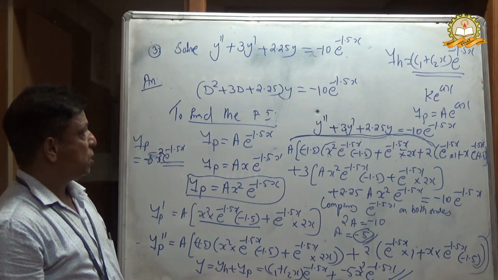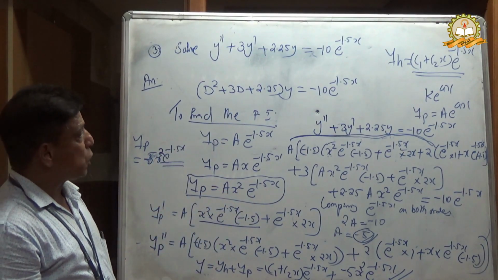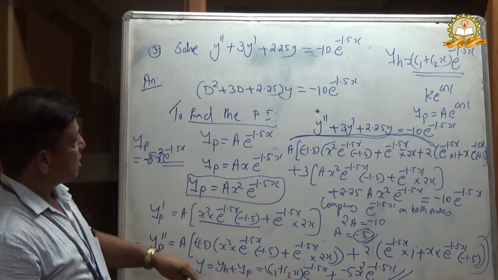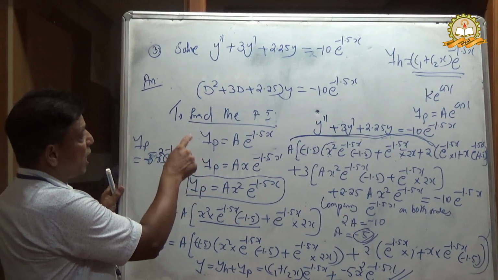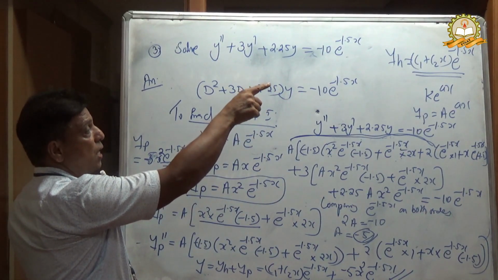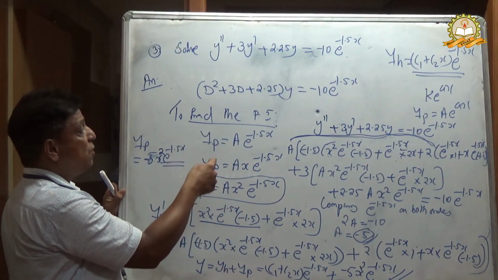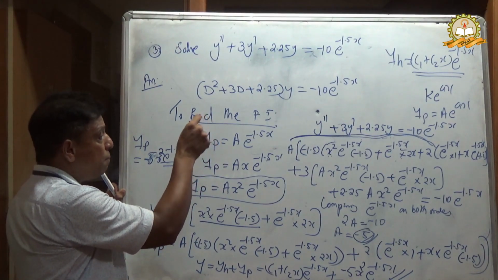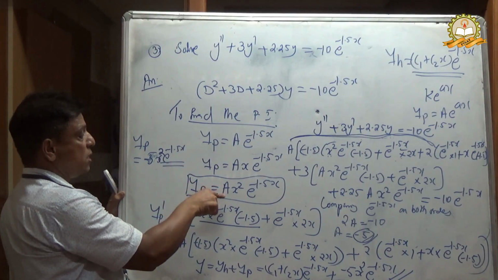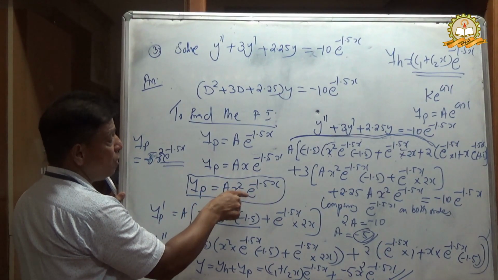This is the solution. This is the procedure to find the general solution of a second order non-homogeneous ordinary differential equation. Is it clear? You just write all these things. A very important step is that we first assume yp as a e^(-1.5x), as per case 1 of the undetermined coefficient method. But we multiply by x. When that term appears in the complementary function, we multiply by one more x. Therefore, we get x² e^(-1.5x). This is the very important step.